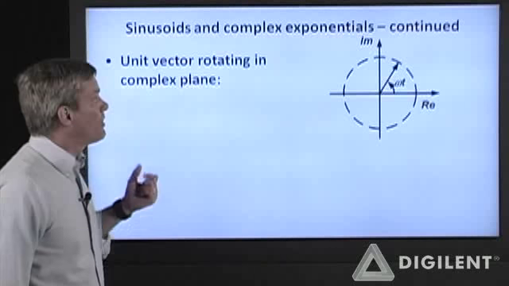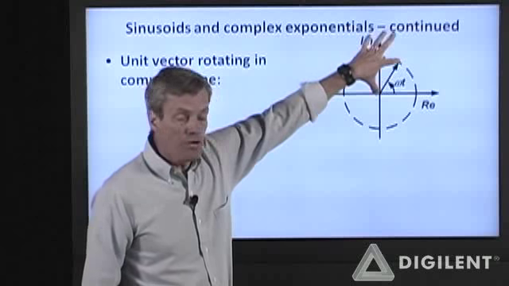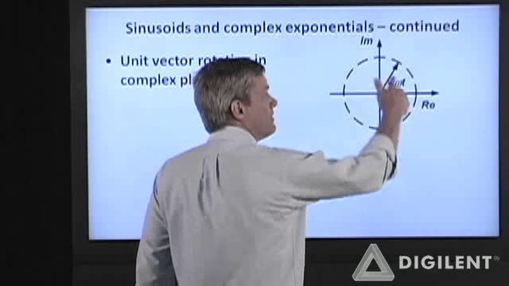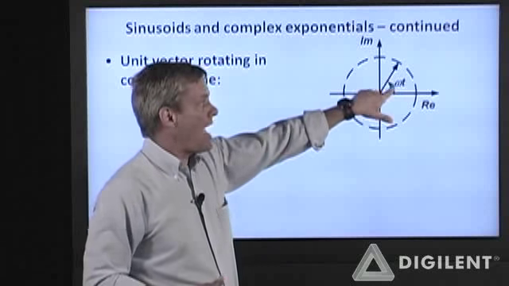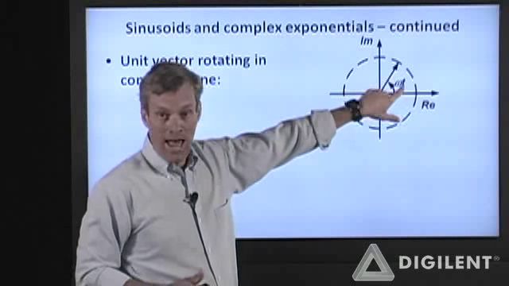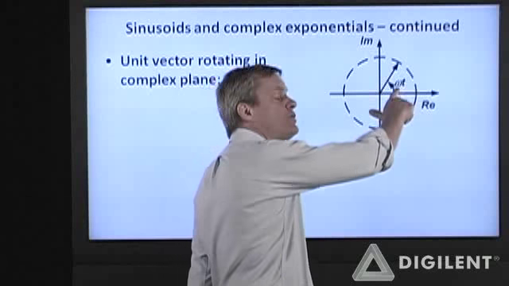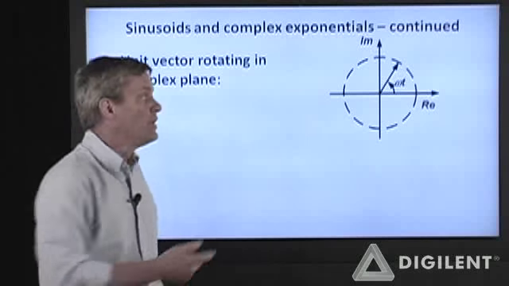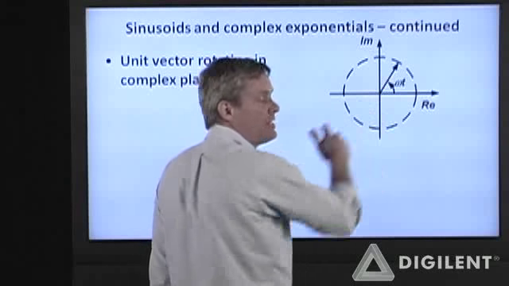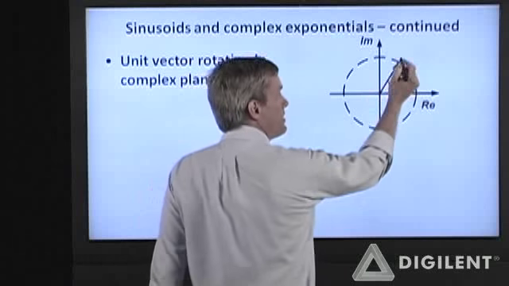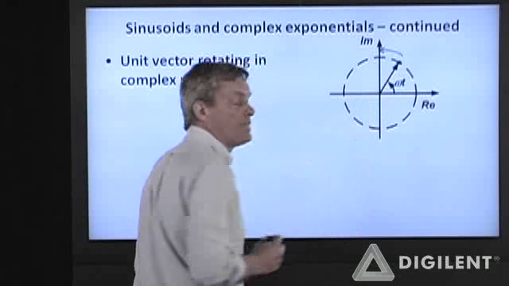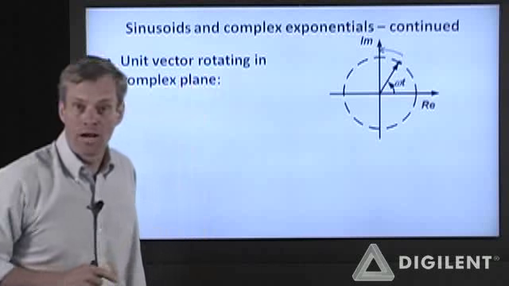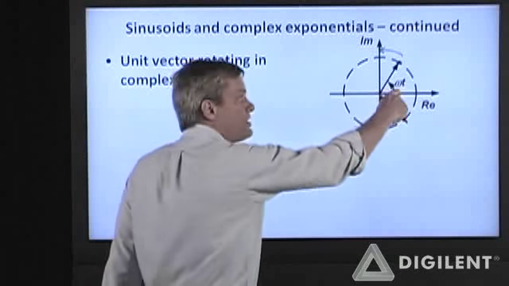So what we're going to do is think in terms of a little unit vector. This is length 1, and I'm going to let this vector rotate in the complex plane. So its angle here is a function of time. And in fact, what I'm going to do is make this angle a radian frequency times time. So this guy is spinning around here. The tip of this vector is moving around this unit circle, and the value of omega tells me how fast this spins around the origin. Now I'm going to use this omega t